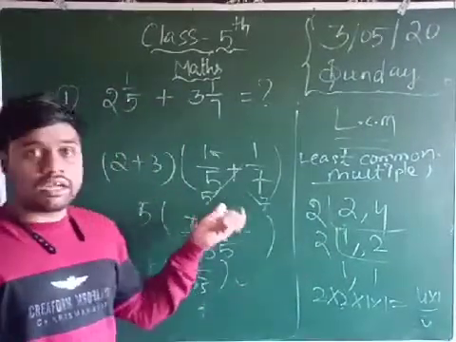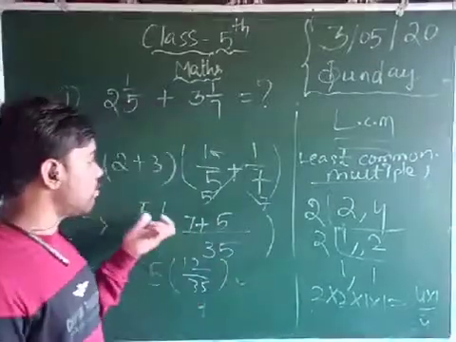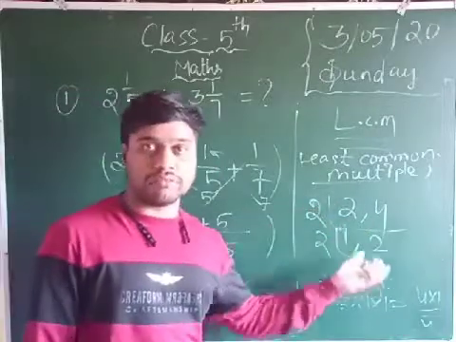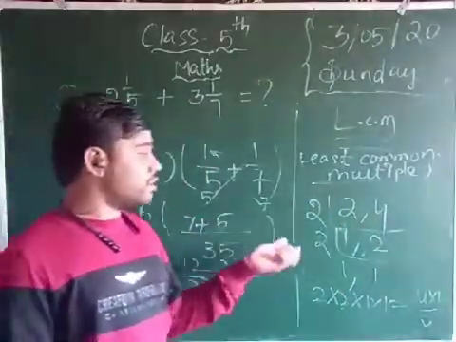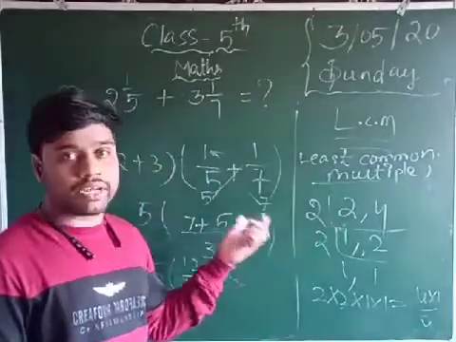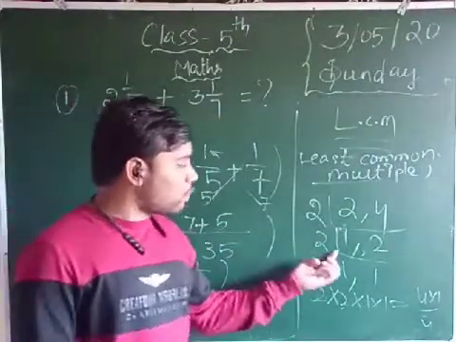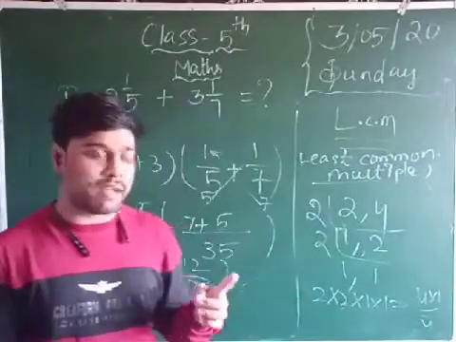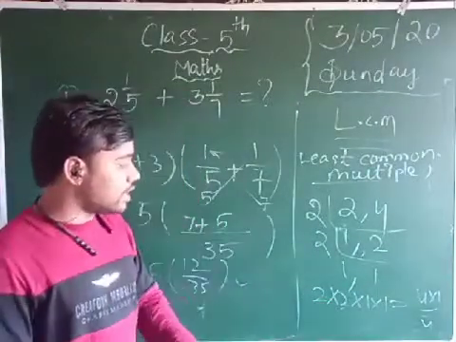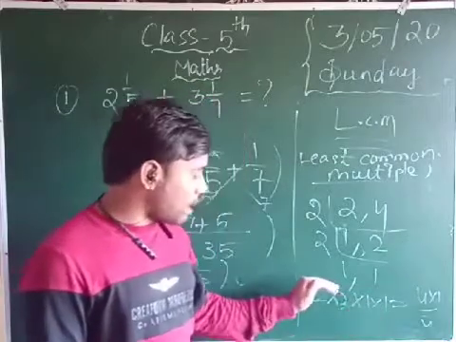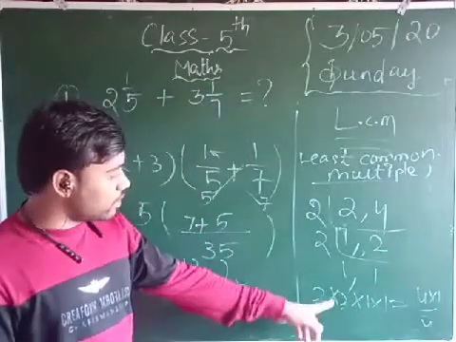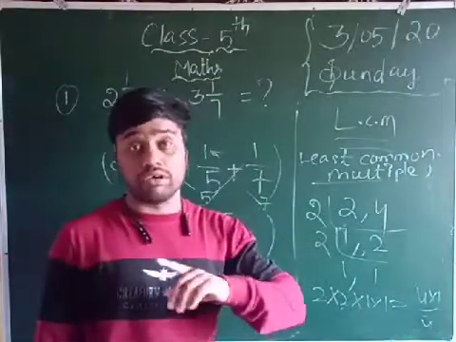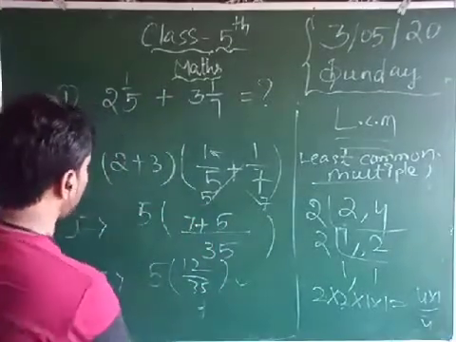Now for a single number, that number's table is used. For example, 5 is present, so take the 5 table and keep 1. Now 7 is not present, so directly keep it as 7. Now another one is 1 and 7. Now 7 is present in the 7 table, but 1 is present. Now 1 you directly keep, but 7 is present, so 7 ones are 7. Now once again keep the LCM in mind: when 1 comes, the LCM stops. When 1 comes, the answer is complete, and that is how you solve the question. Okay, understand, just keep it in mind. Now this question is over.